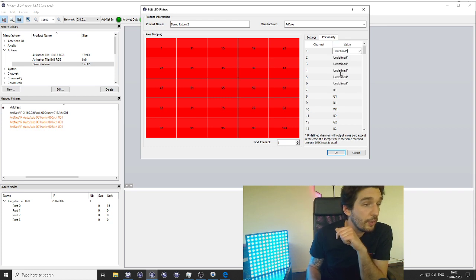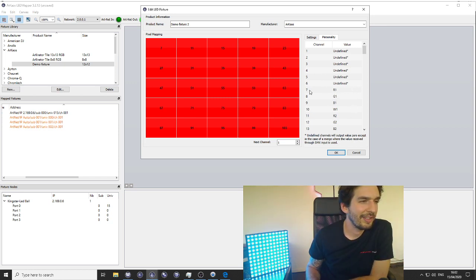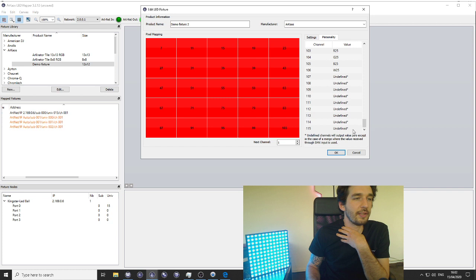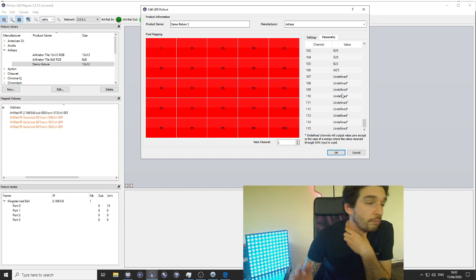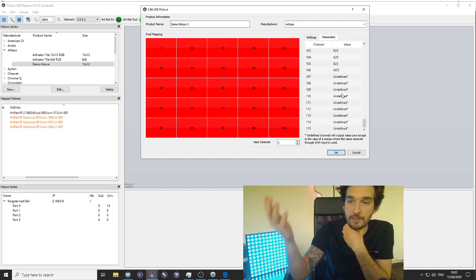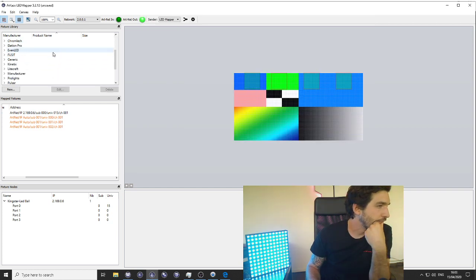Okay, so undefined, and then address 7, red 1, still pointing with my finger, red 1, address 7, and so on, and we keep going until the last W is 106 and the end is undefined as well, because some functions are there, reset, silent mode, you name it. Okay, press OK.